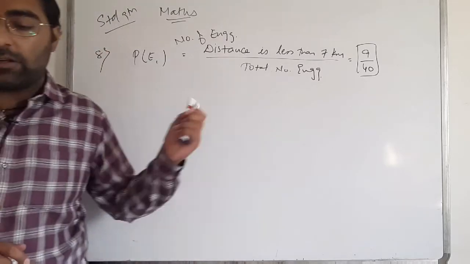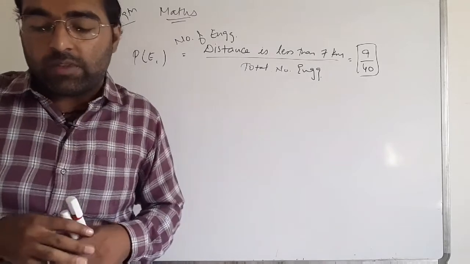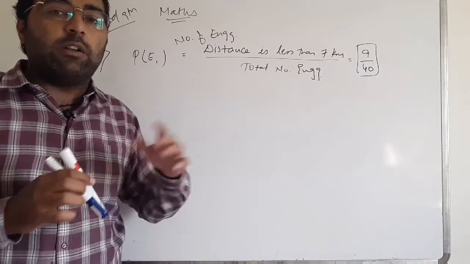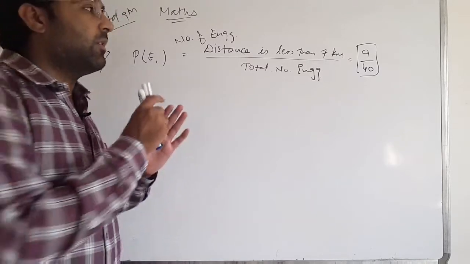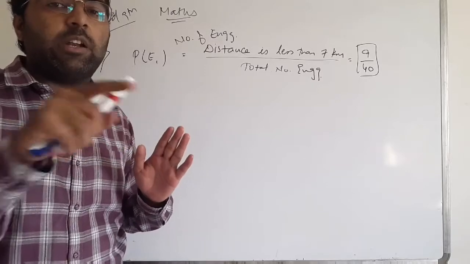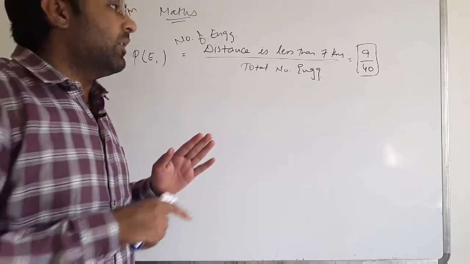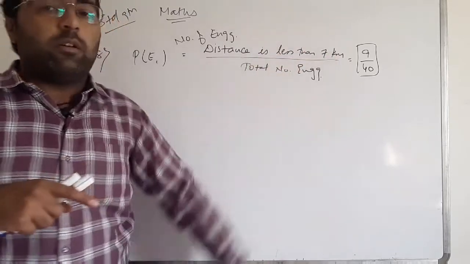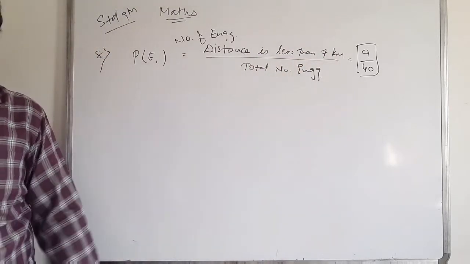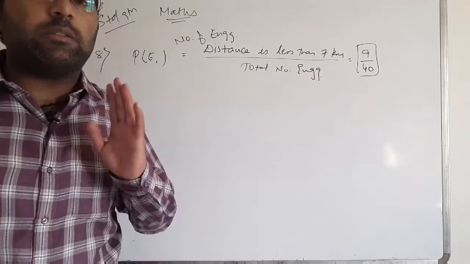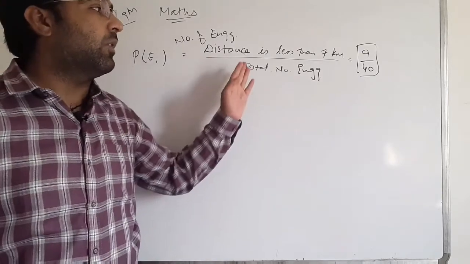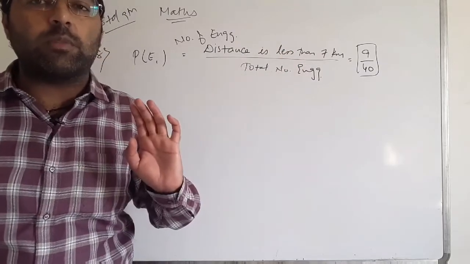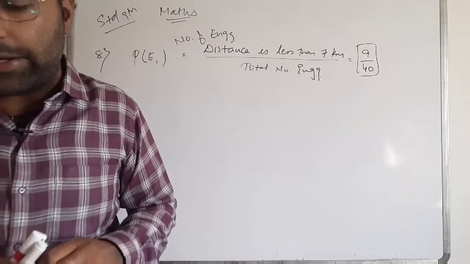So you can see in the whole data, you check less than 7 km, that is 1 to 6. You have to check the numbers 1 to 6 and count how many there are in the data. So you have to cross them out and write the count here. Please understand, you don't have to count 7. You have to count from 1 to 6 only in the given data.